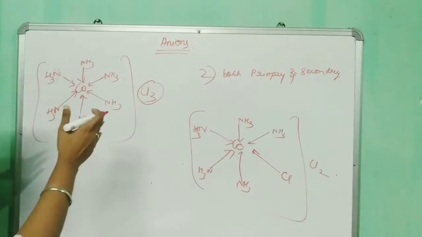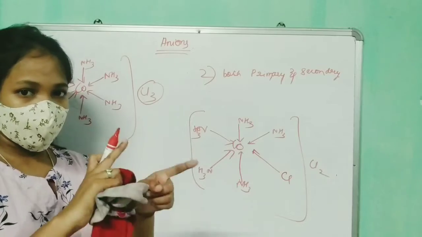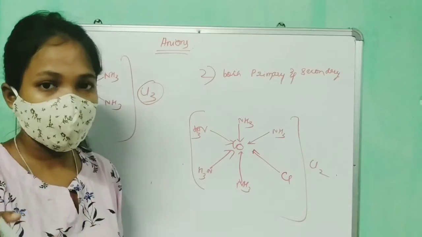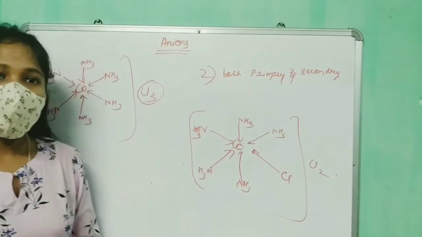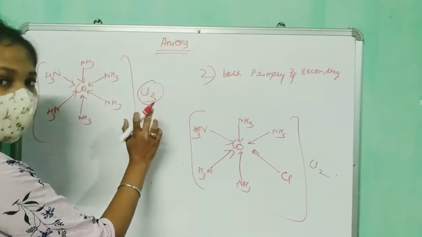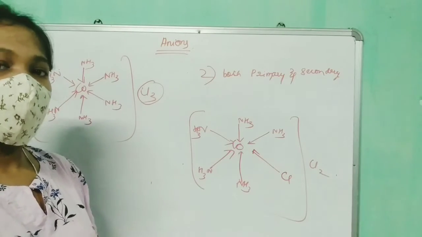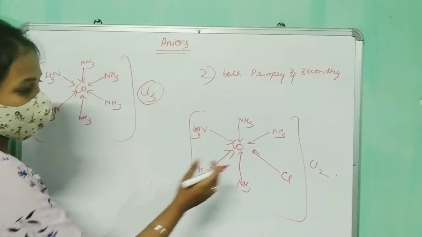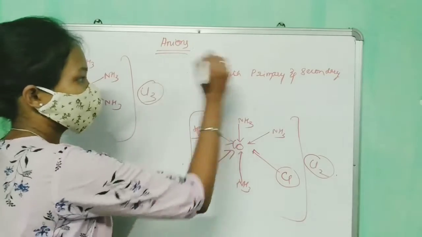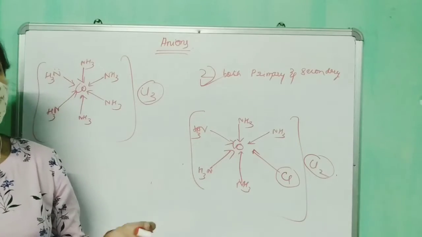valency. I think before drawing this part, in the previous one, I just said something else. Maybe I have said this to be the secondary valency. If I did, I don't know. The video is filming right now, so if I did, then I'm sorry for that. This basically satisfies your primary valency, and the ones present inside the coordination sphere satisfy your secondary valency, right? So here the chlorine present over here, the anions present over here are satisfying both the primary as well as the secondary valencies, right?